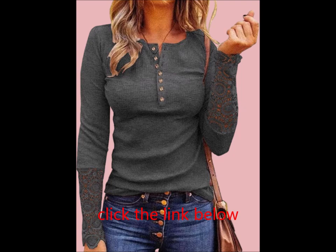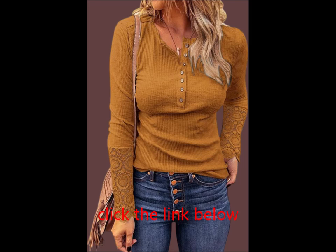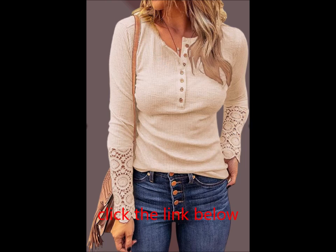Flattering fit. The ribbed long sleeves and V-neck enhance your silhouette, while the button front adds a unique touch. Lightweight comfort. Made from comfy, lightweight fabric, this top is both simple and chic, perfect for casual outings or dressier